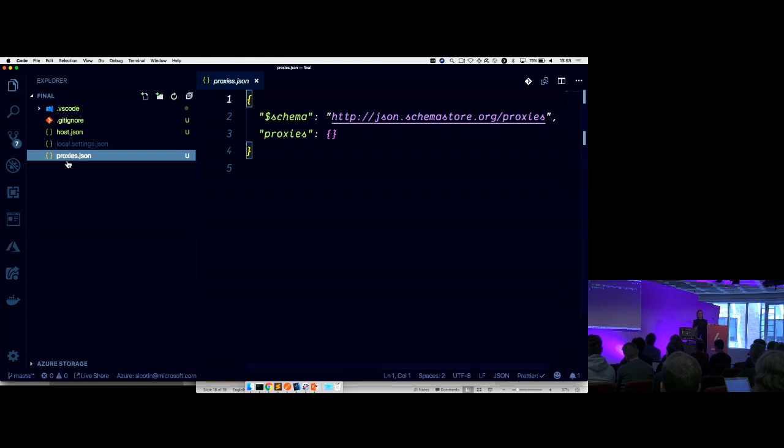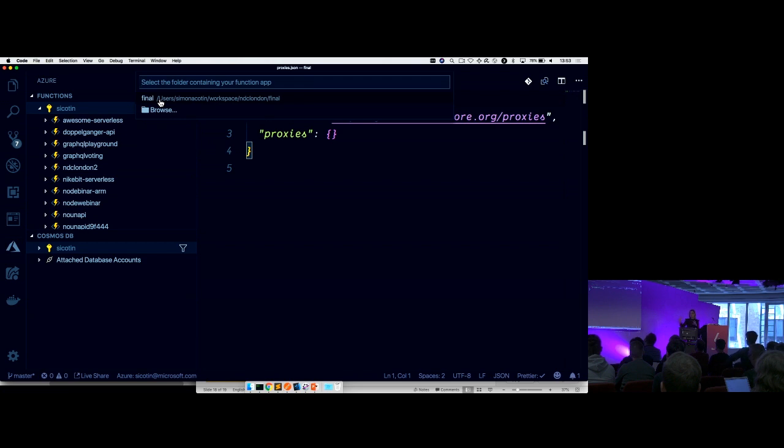And then proxies, this is a new feature, well, not really new. It's been around for probably more than a year. And this is how we can create a thin layer on top of our existing function app. Or we can actually even group multiple function apps within the same proxy, Azure Functions proxy. I don't have an example for that, but if you want to talk more about this, we can chat after this session.